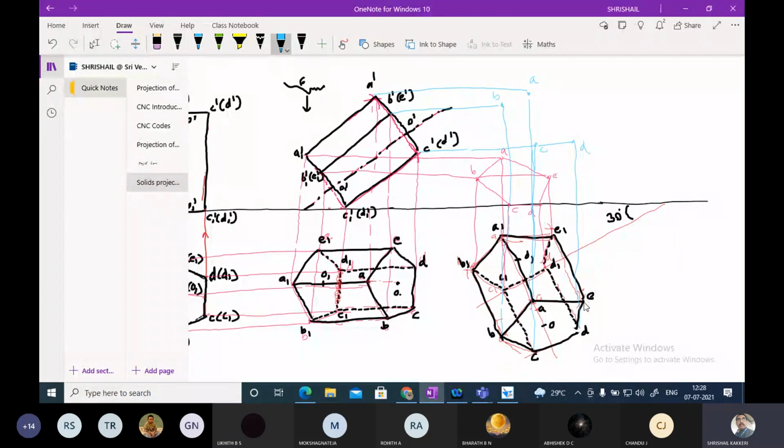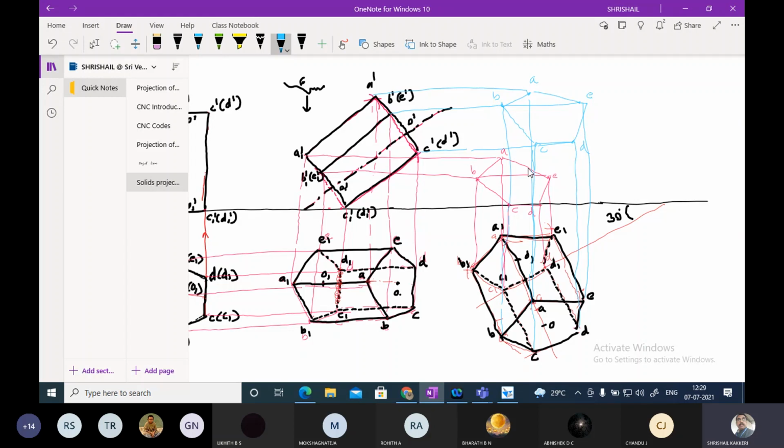And E is somewhere here. Okay, E, and E of this on the same line. So A to B, B to C, C to D, D to E, E to A.